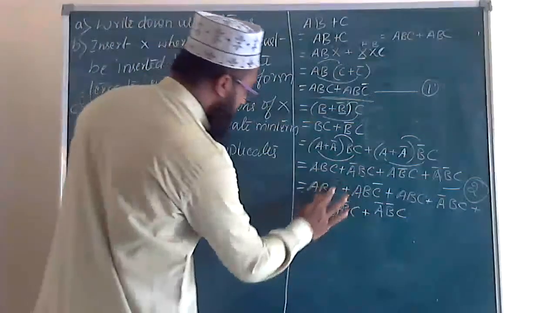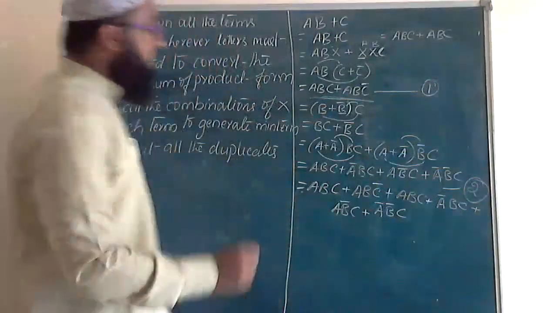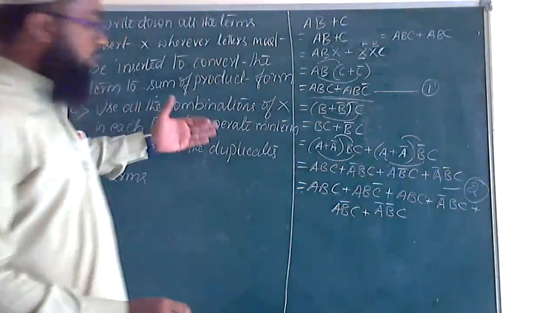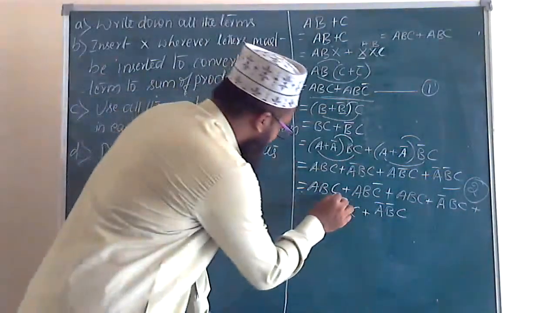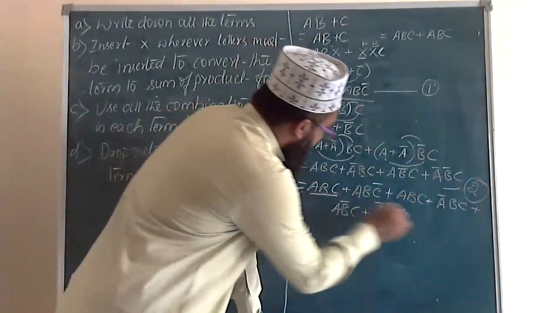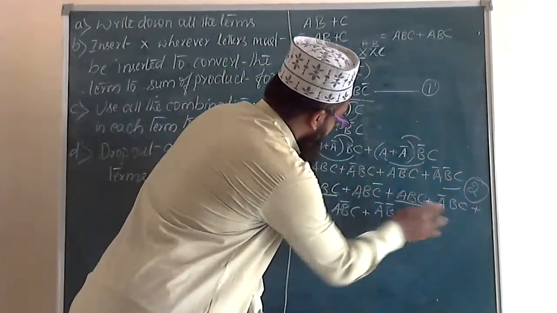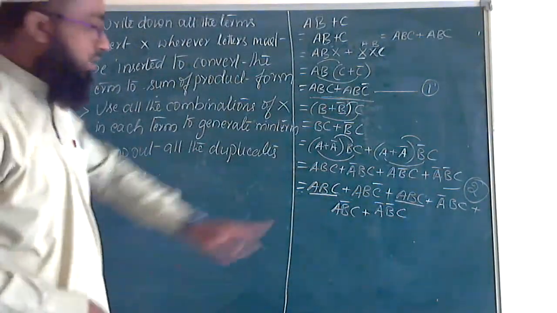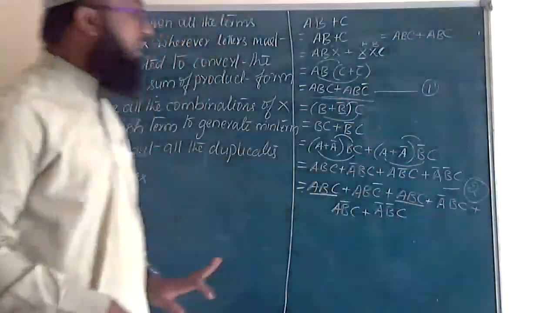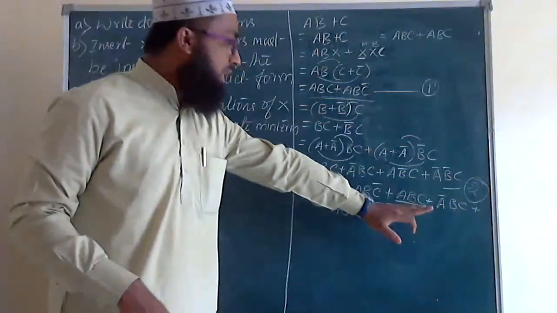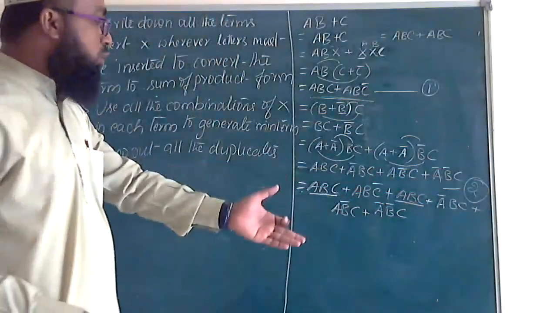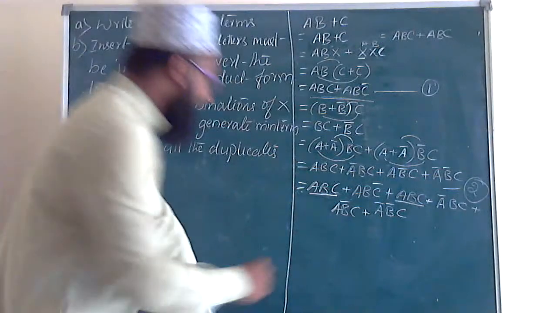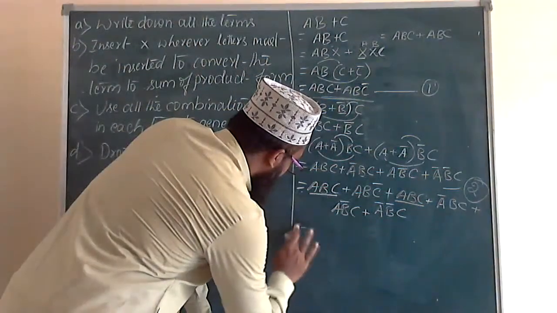We have to check the duplicate terms, then drop them out, meaning remove them. Here ABC is there, and here ABC is there. Only ABC is repeated twice, so there are duplicate things. Write down the duplicate things just one time, which is equal to